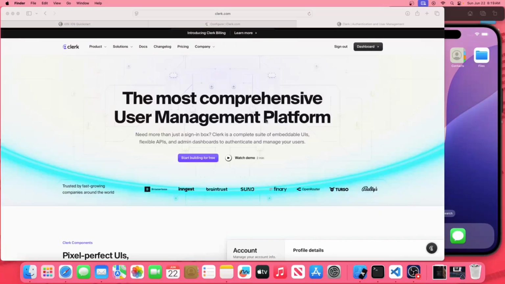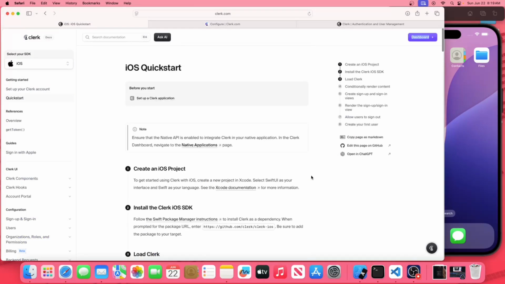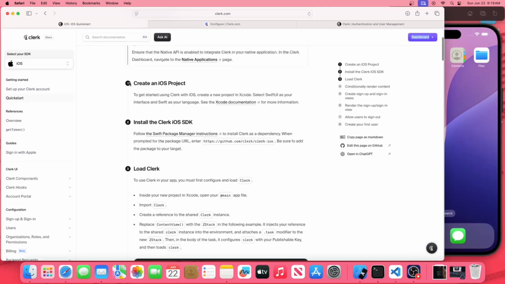Oh, hi there. Today we are going to use Clerk iOS, and here is a quick start document, and we are following the steps. So first, let's create an iOS project,